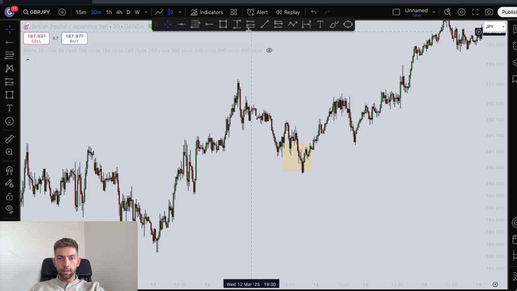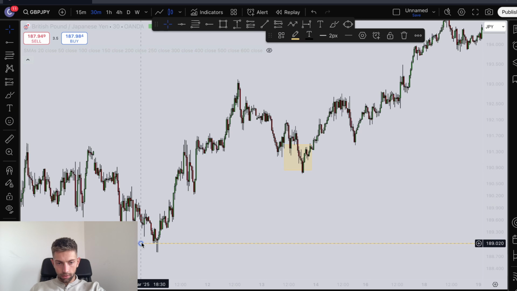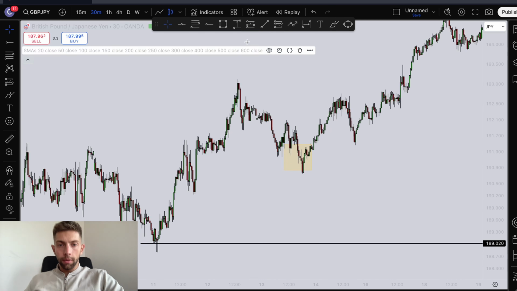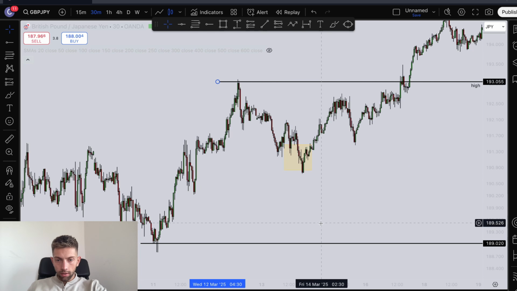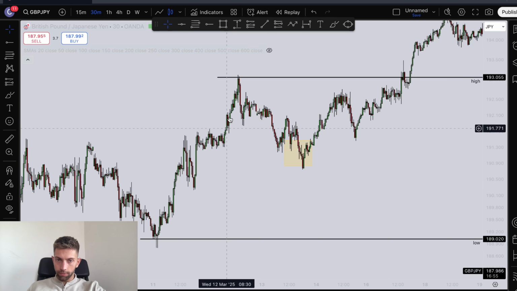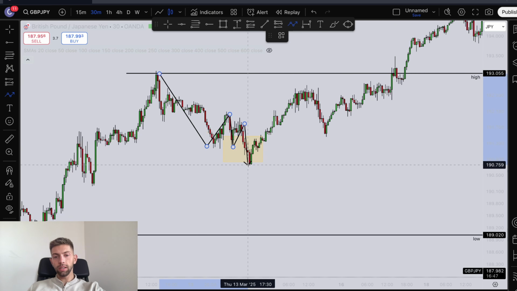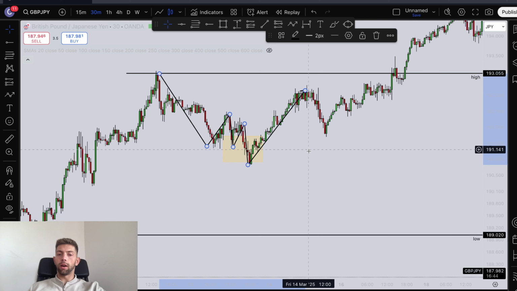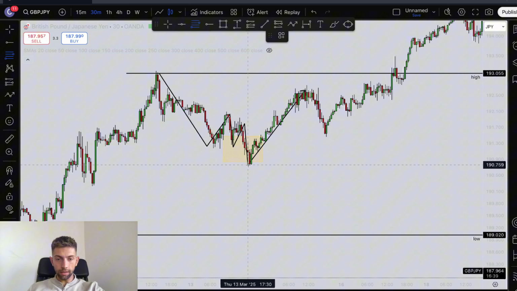And look at this, guys. As I said, I will do it like this, a black line, and I will type high here, and this will be our low. So this is low, this is high, and this is our pullback. Price was trending bearish right here, then price broke structure. So I want to wait for a pullback of at least 38.2%,